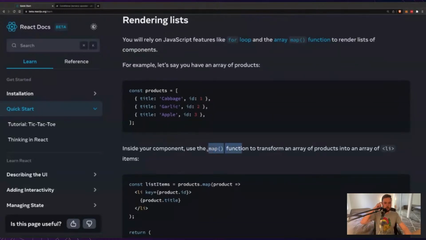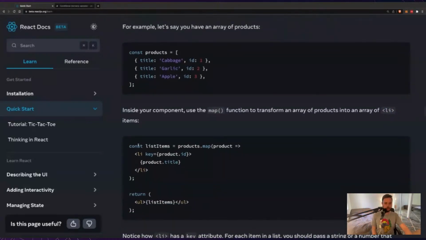Inside your component, use the map function. This method comes out of the box in JavaScript for all arrays to transform an array of products into an array of LI. That's an HTML tag that stands for list item. So we don't know how many things are in this list item, or how many list items are in this products array. But the good news is we don't even have to know. Let's see how we can be fancy. Const list items equals products.map. This is a mapping. So there's going to be an input, the product, but